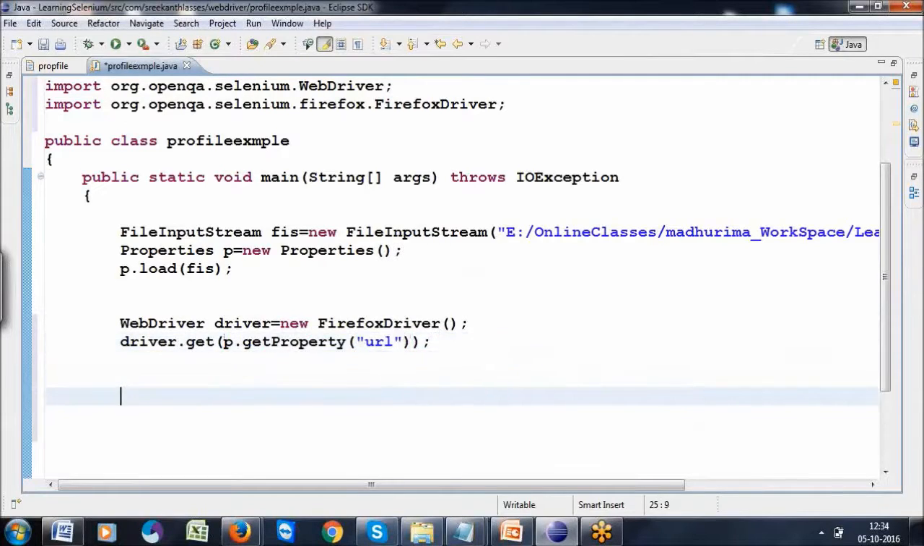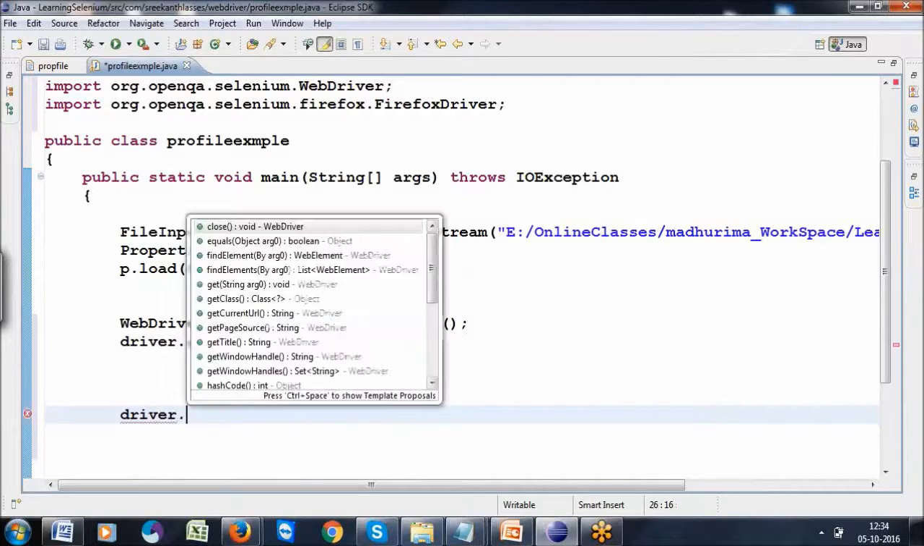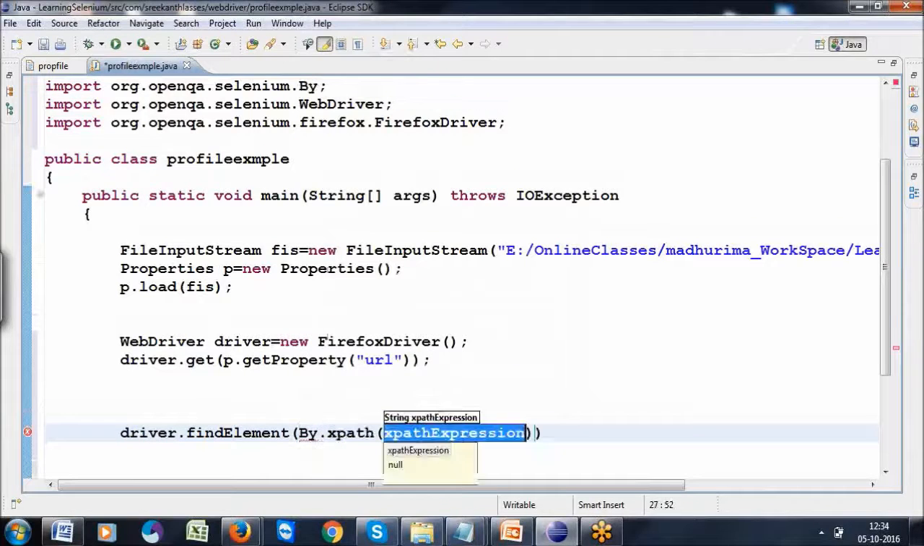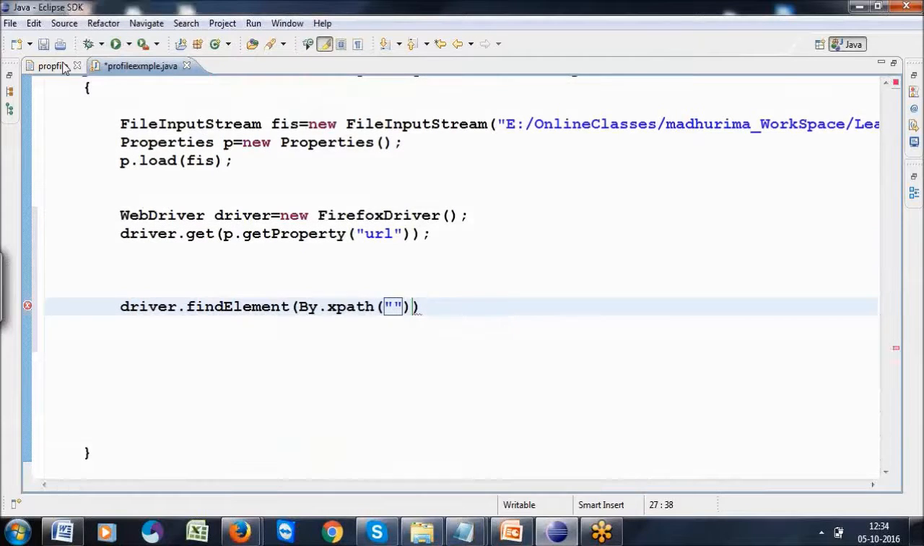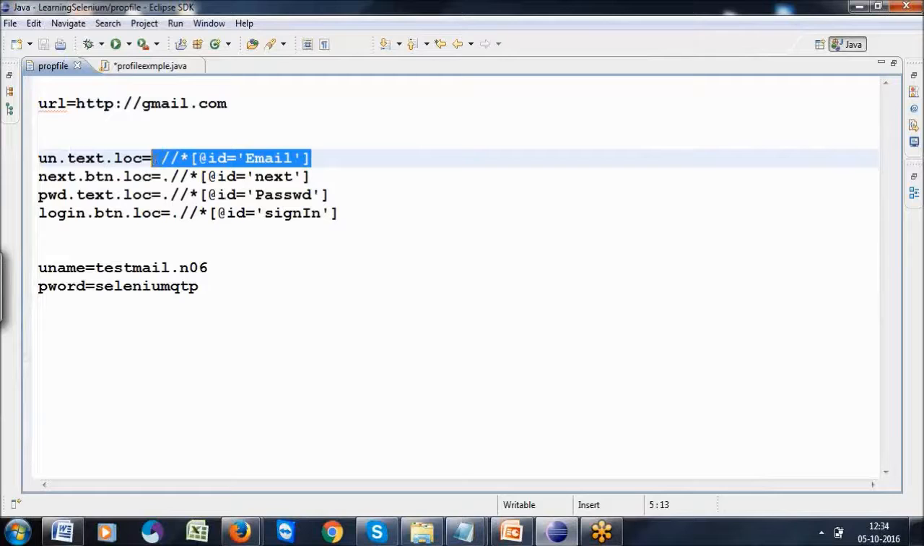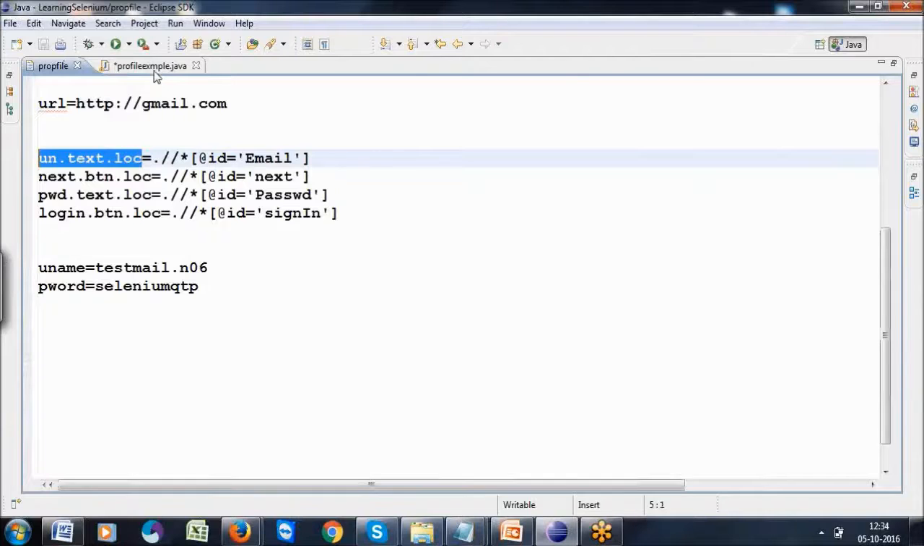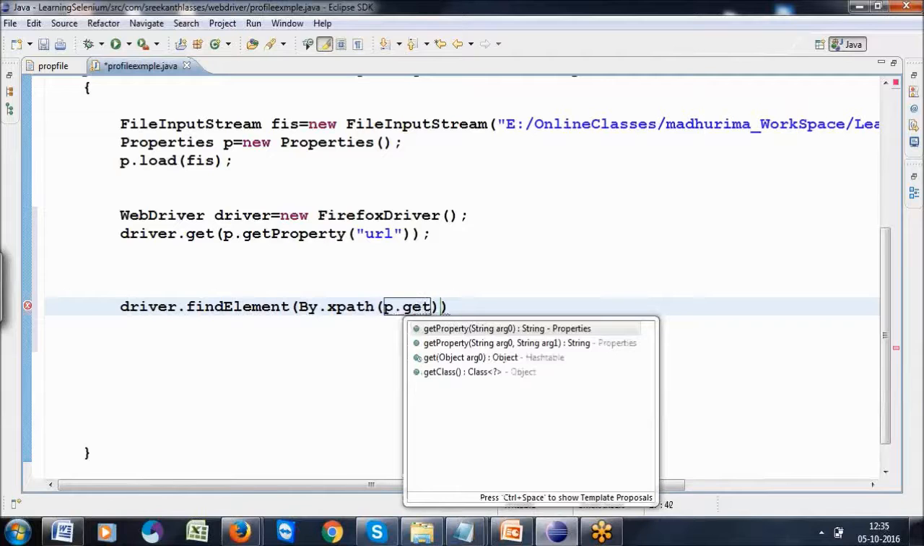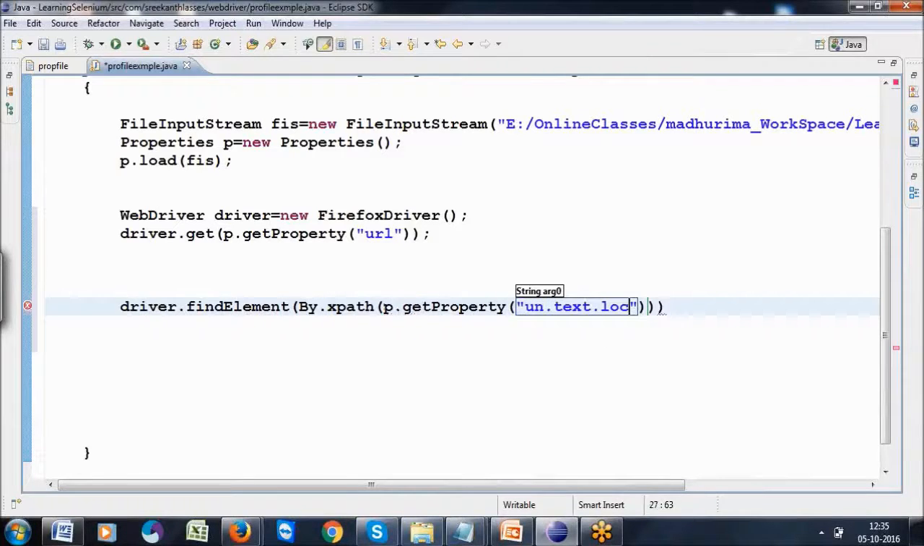For example, in the same manner I want to write driver dot findElement by dot XPath. What is the XPath we have written? Normally this is the XPath we need to write. But I don't want to write the XPath directly. I want to use a variable, a property file variable. So I use it here in the same manner: P dot getProperty, within the double quotation we write the variable. So instead of writing the XPath directly,